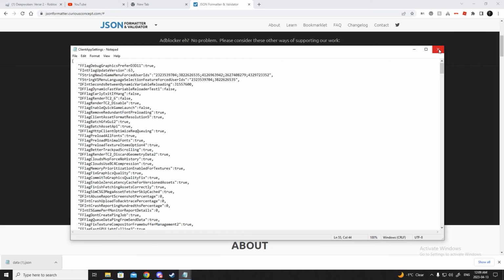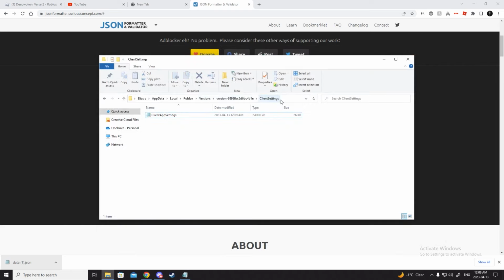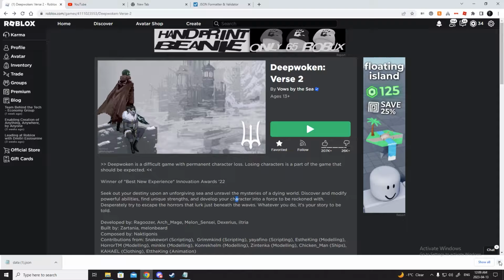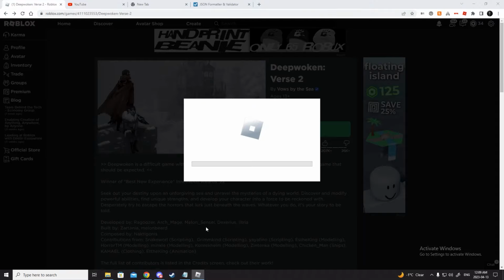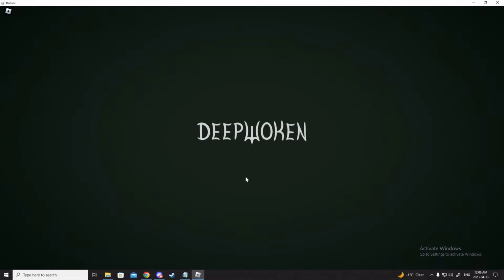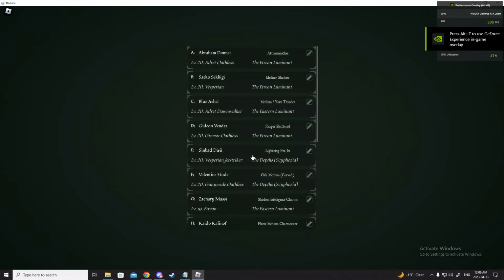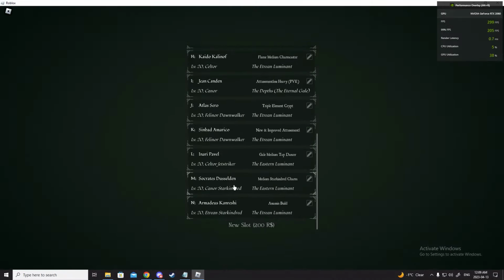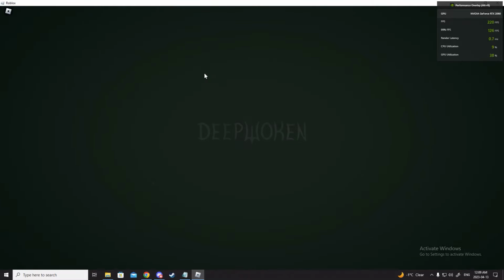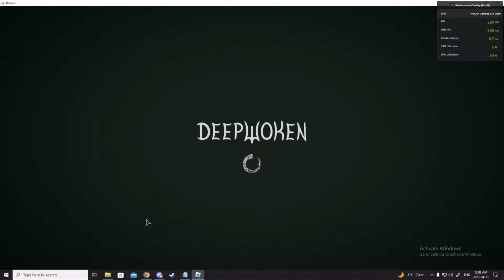So then now you just save everything that you did, and then you simply open your game. Just wait for this to open, and then now if I open my FPS, as you can see, it's capped at 300, so it's not going above 300. So FPS is uncapped, and if I were to go to one of my builds,